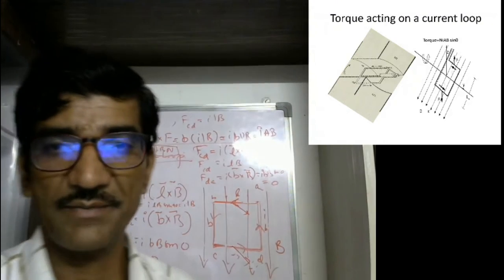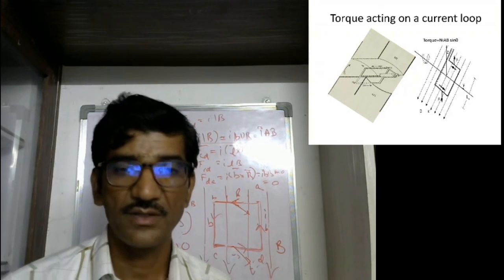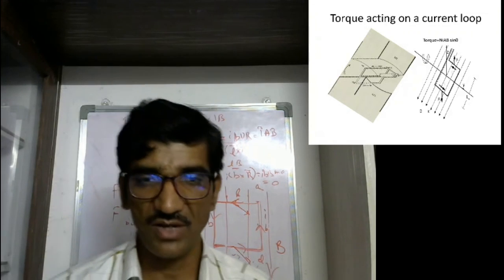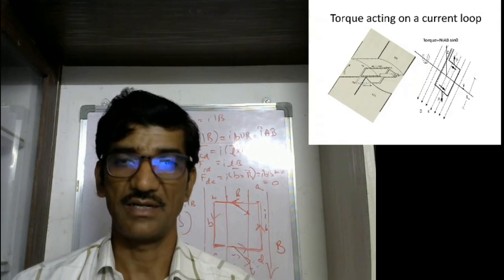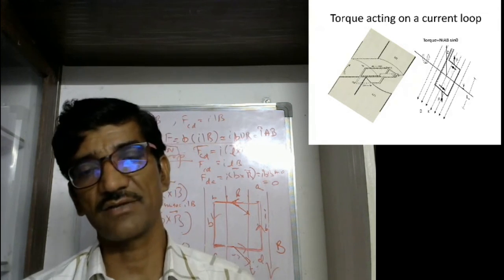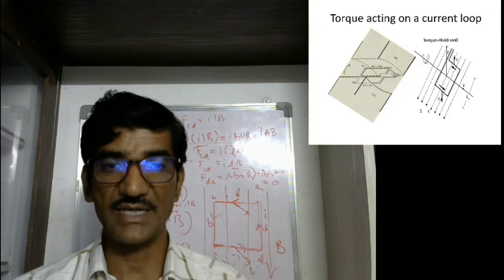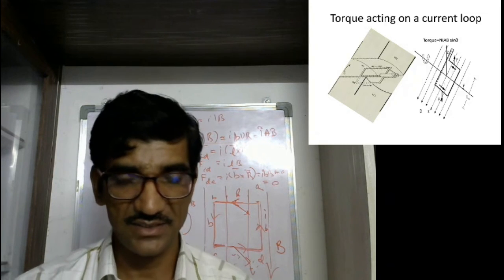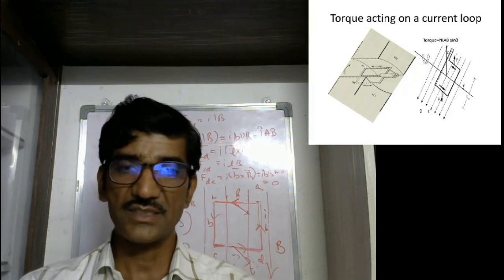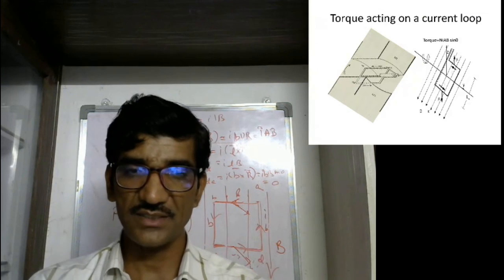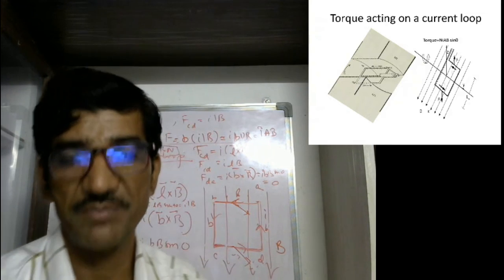Okay, right. In this way, whenever you place a rectangular coil in an external uniform magnetic field, a couple acts on that rectangular coil. That's why the coil rotates. Why? Because a couple is acting. On one side of that rectangular coil, force is acting in one direction, on the other side in the opposite direction. That's why rotation takes place in the coil.